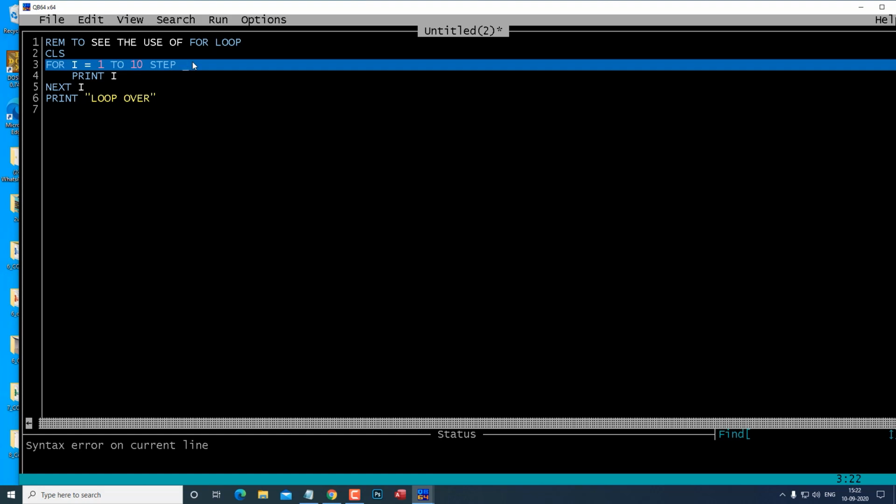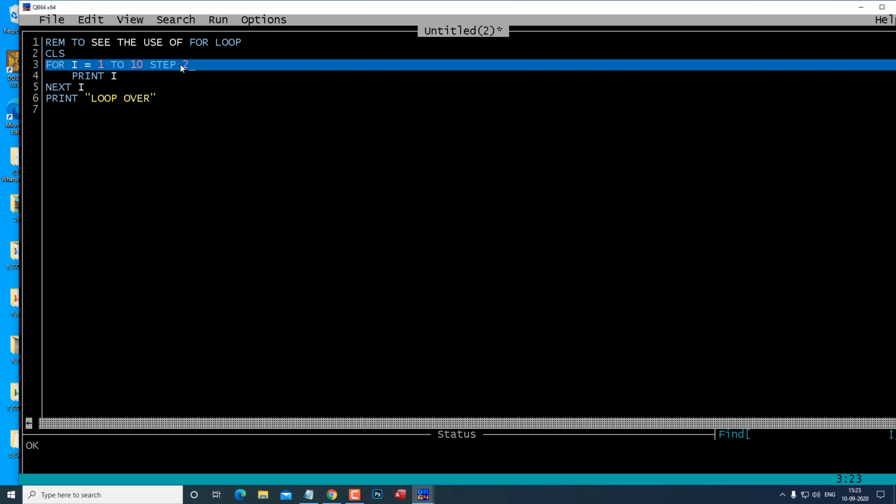If I change the step size to 2, what will happen? Because I have said that step size can be any positive value, it can be any negative value, and it can also be a decimal value. So now I make the step size 2. First value of I will be 1 only. It will print I. Then when it goes to the next I, it is going to increment the value of I by 2. So the next value of I will be 1 plus 2. It will print 3 here. Then after taking the value of I as 3, it will again add 2. That means every time now the value of I will be incremented by 2.